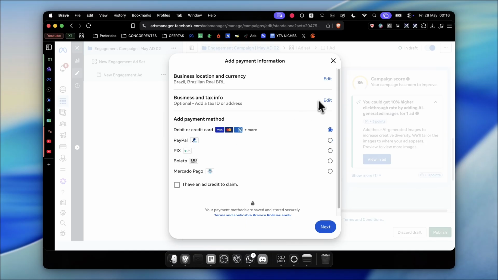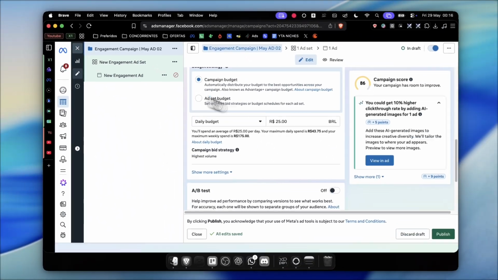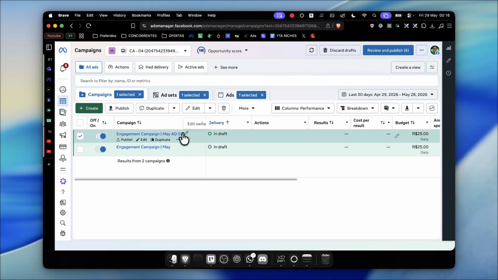And that's it. You've successfully learned how to duplicate a Facebook ads campaign. The main steps are simple. Open Ads Manager, select your campaign, click Duplicate, rename the copy, adjust the settings, review everything, and publish the new